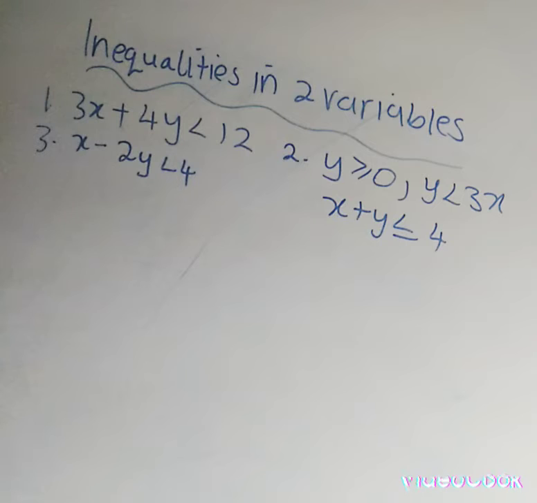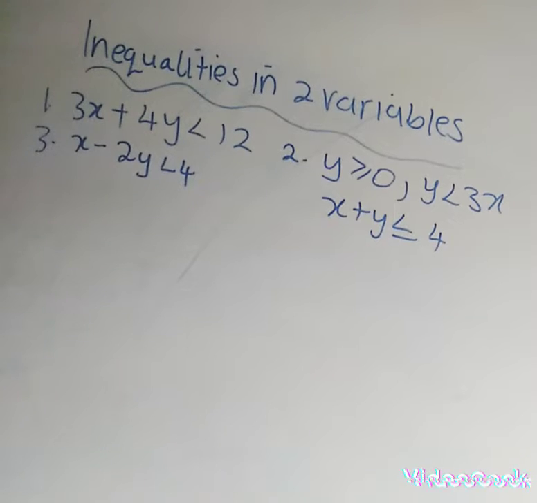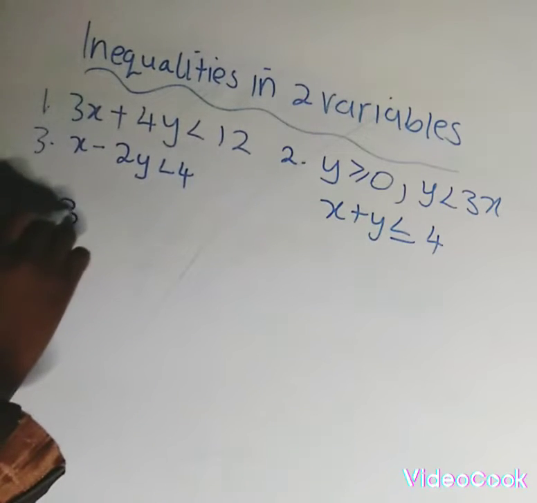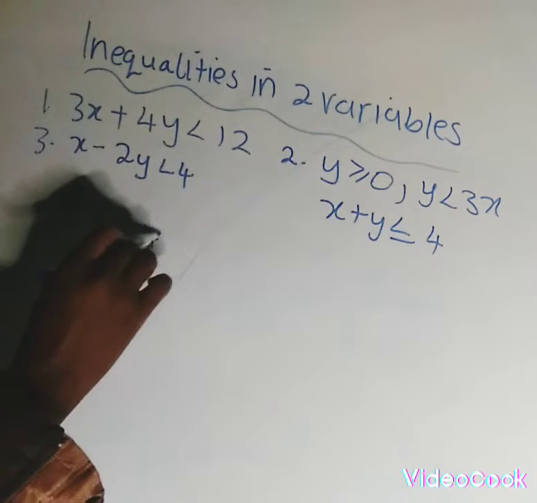Today we are looking at inequalities in two variables. We need to show them on a Cartesian plane. And our first inequality, number 1, is 3x plus 4y is less than 12. We need to show that inequality on a number line, so on a Cartesian plane. So for us to be able to show it on a Cartesian plane, we need to first get